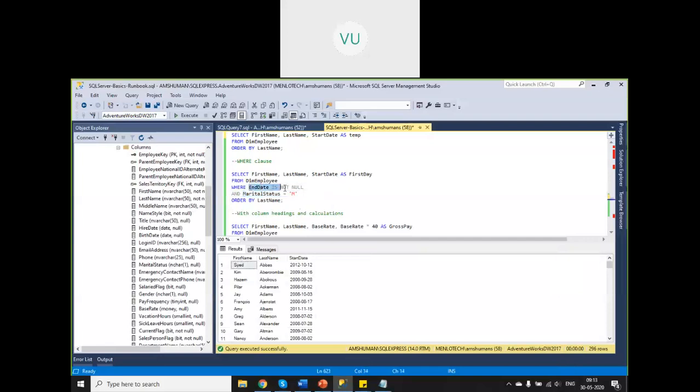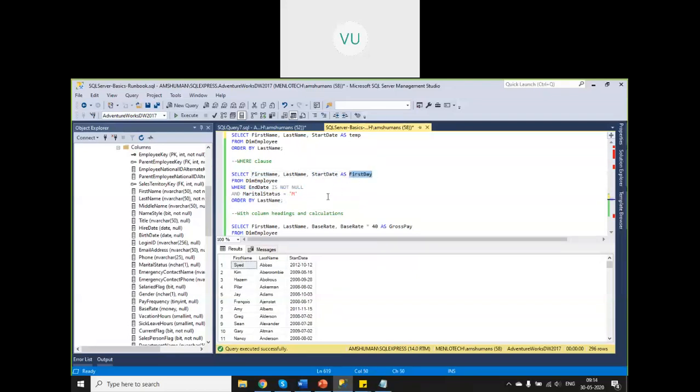So this is one statement. So it will apply end date is not null. So it will fetch all the records where end date is not null, and it will also apply this condition, marital status equal to M. Okay. So all the other records where one of these conditions is not met, it will drop all those records. Okay. And order by which column, and then all your columns which are applied, right?